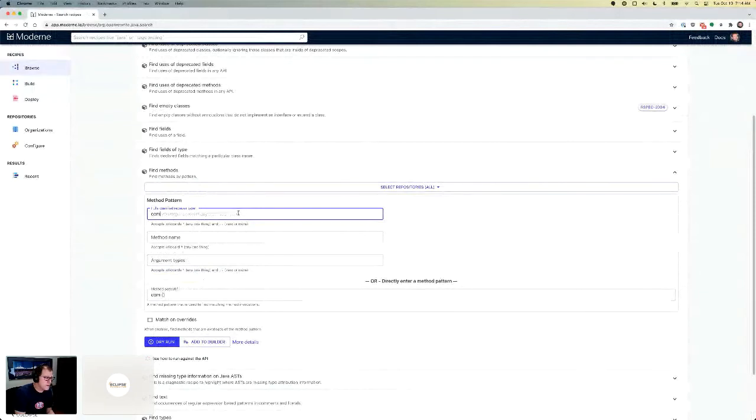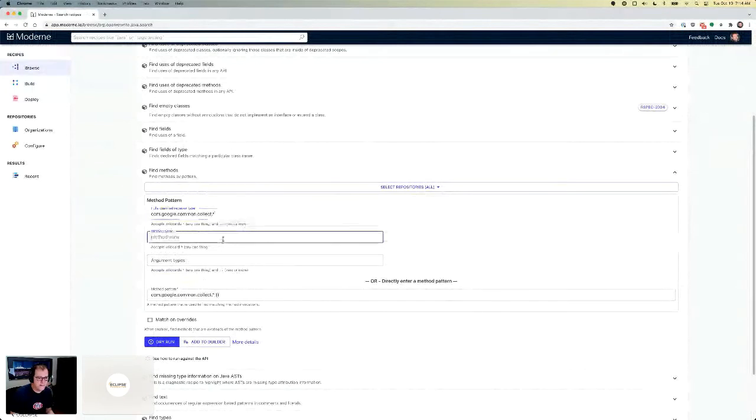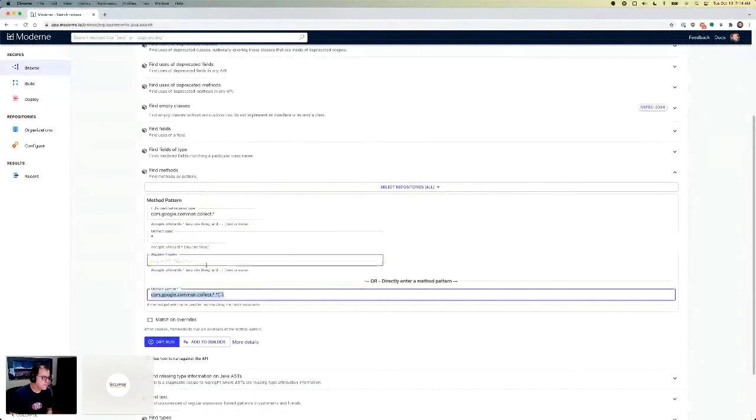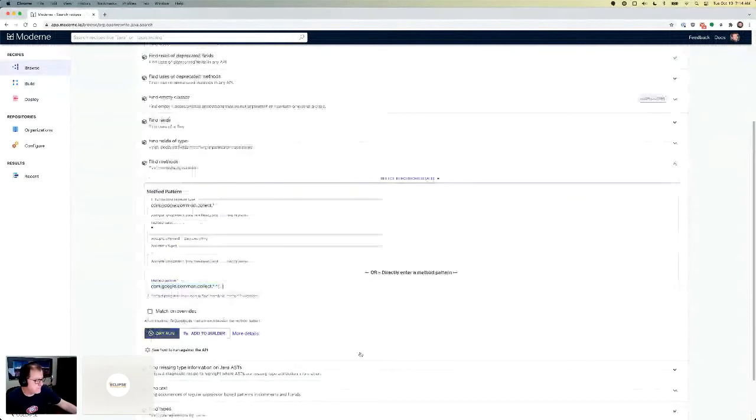So in here, I'm going to do com.google.common.collect. So let's say we want to find any project that's using anything in the collect package. I'm going to use any method with any arguments, and I'll just run this across all the repositories. Why not?